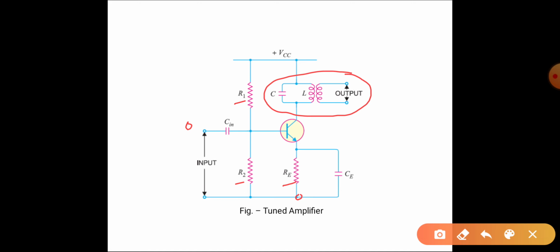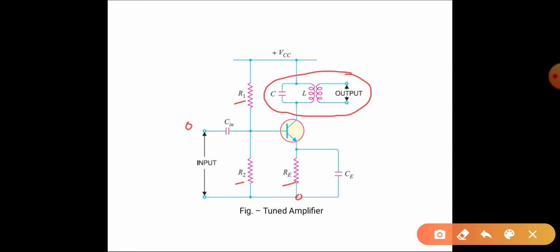So now we'll only discuss the basics of tuned amplifiers. Again, there are many more types of tuned amplifiers, such as single tuned amplifier, double tuned amplifier and staggered tuned amplifier. We'll see those types in the subsequent lectures, but for now we only need to see the basics behind this tuned amplifier, and just know why these tuned amplifiers are used.